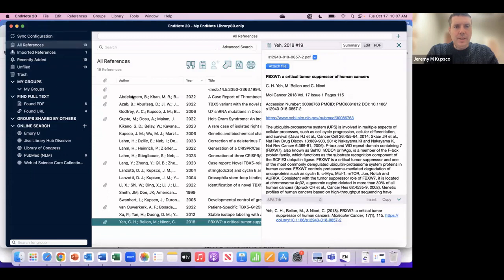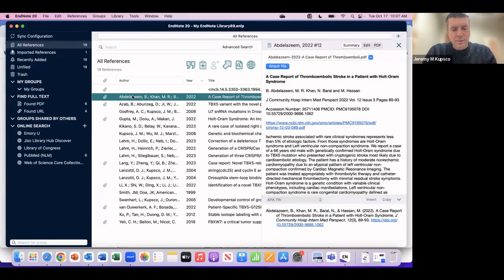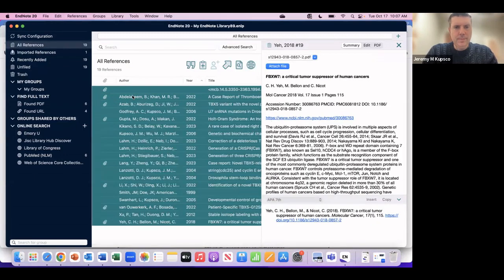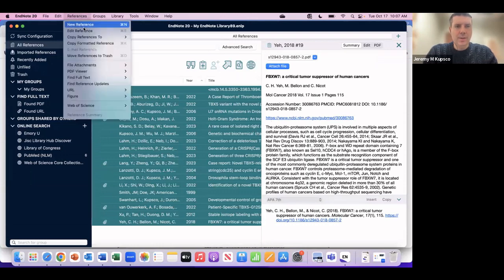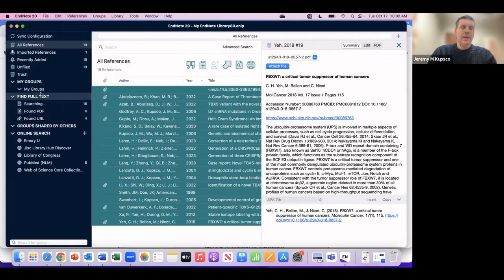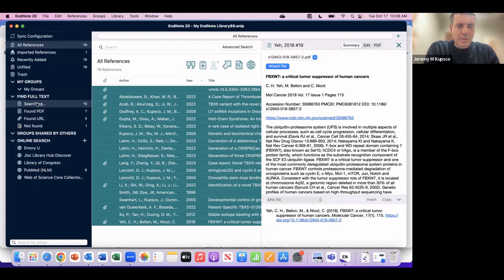And then you can select all the ones you'd want to find full text for. Command A selects everything. So you can go to References, Find Full Text, and this time do Find Full Text. And you can see there's a search bar that pops up and tells you what it's able to find.